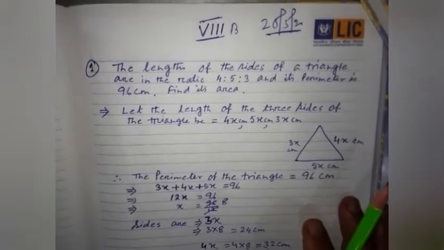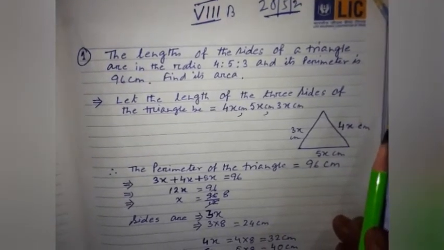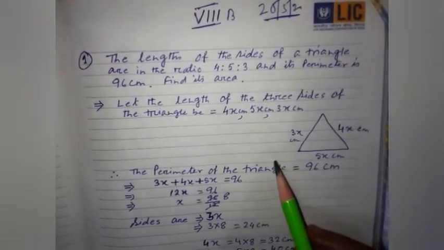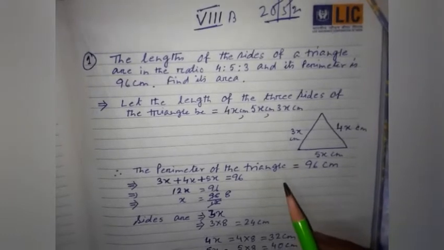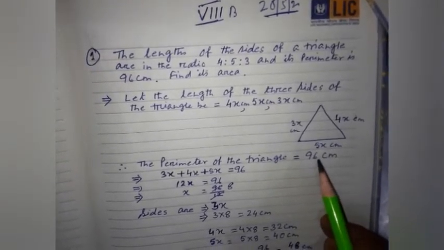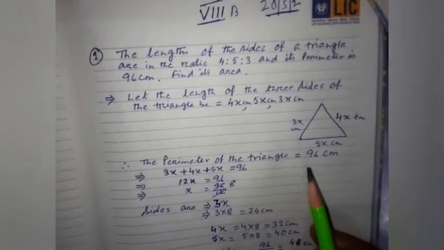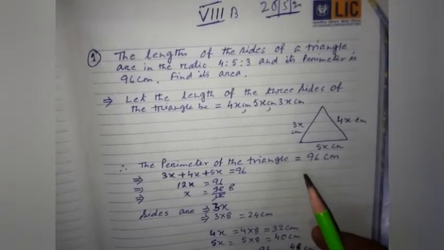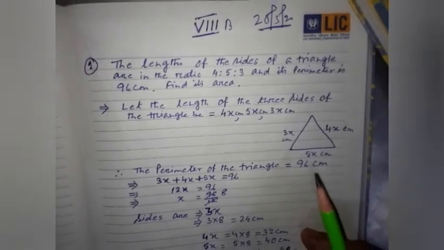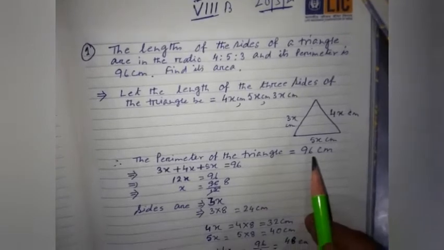So today I am going to discuss the last question, and I am not going to give you any homework. What I request is that you please go through the questions that have been discussed and the homework given to you from this particular exercise, the area and perimeter based on triangle. And if you have any doubt, beta, please call me between 8 to 2. Okay, after that also, up to 7 o'clock you can call me in the evening. If I am there, I'll definitely receive the call and I'll explain your doubts. And if you have no doubts, that's very good.